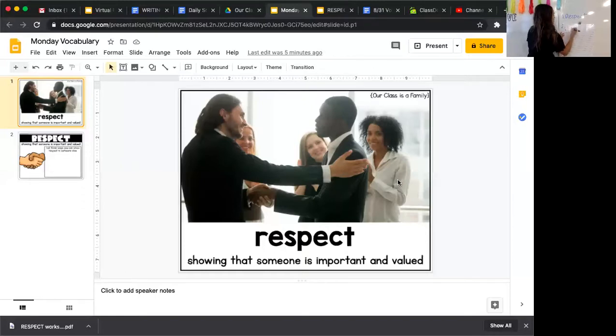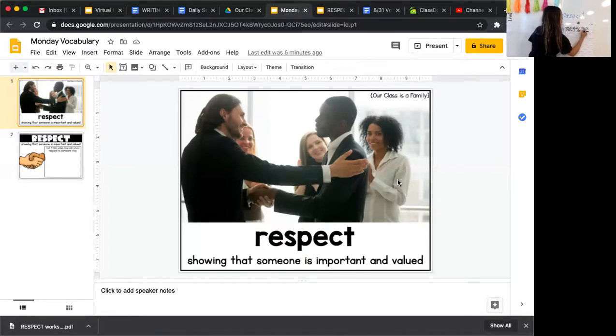So I'm going to say vocabulary words. You're going to get a brand new piece of paper out, okay? This will be different than our religion paper. This will be different from our ELA paper. This is just for vocabulary. So I'm going to write vocabulary words, and I'm going to write a number 1 because remember we have 5. So today, number 1, respect. And make sure that you're spelling it correctly. We're going to have a quiz at the end of the week. So respect, and I'm going to write the definition.